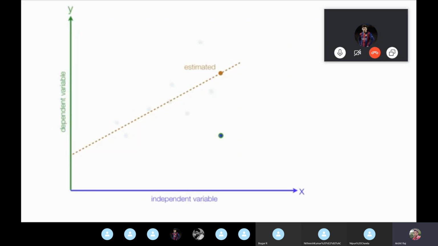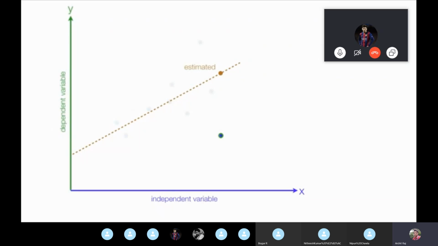And how to find the exact error? Now just imagine we have this particular line as our best fit line. Now for this particular value of x, you can see here, the real answer is this, the real data set, as you can see. But what our line is telling is this, this is a predicted value and this is the actual value. Now remember these two particular terms.